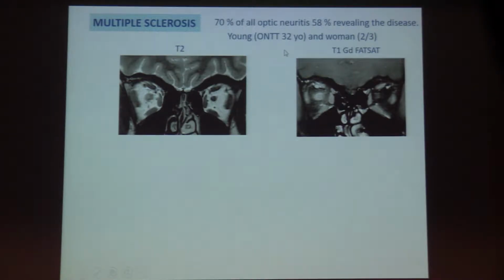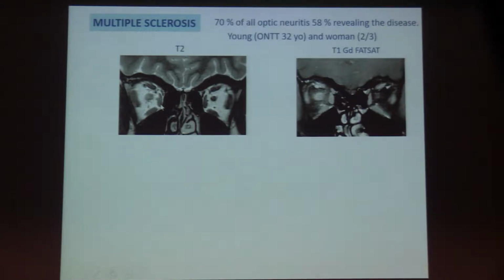There is a big study in the US that lasted for years, and that showed that optic neuritis of multiple sclerosis affects more women, and it is seen in young people,